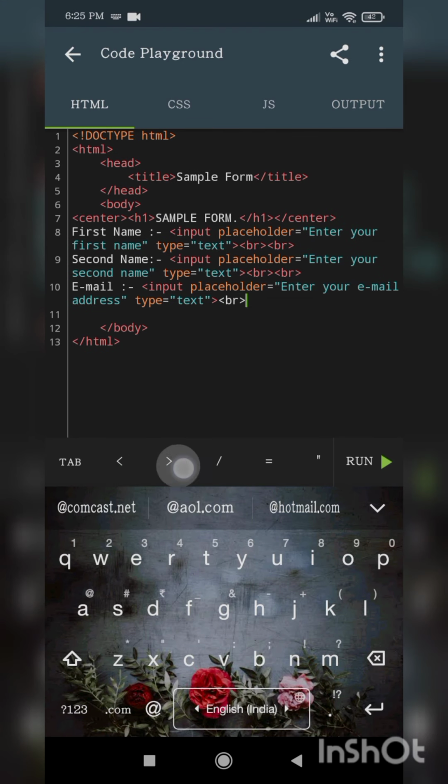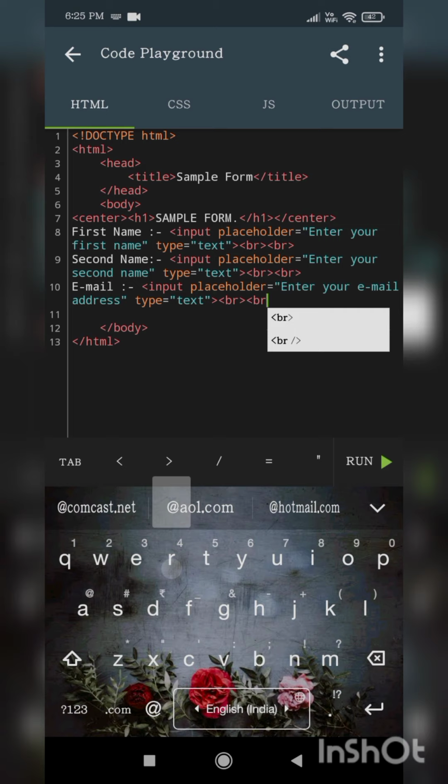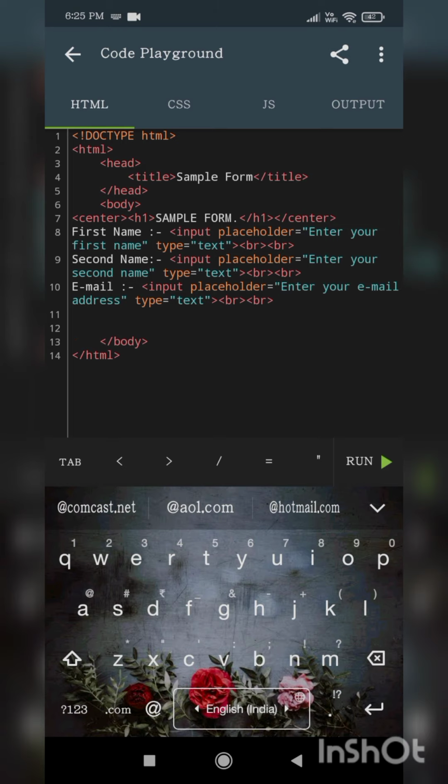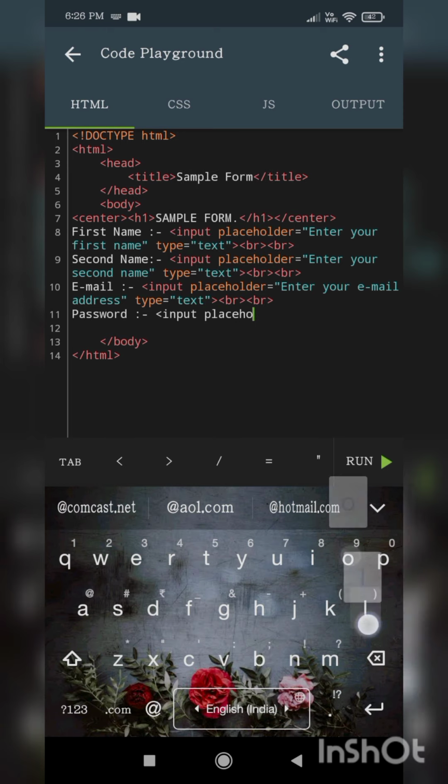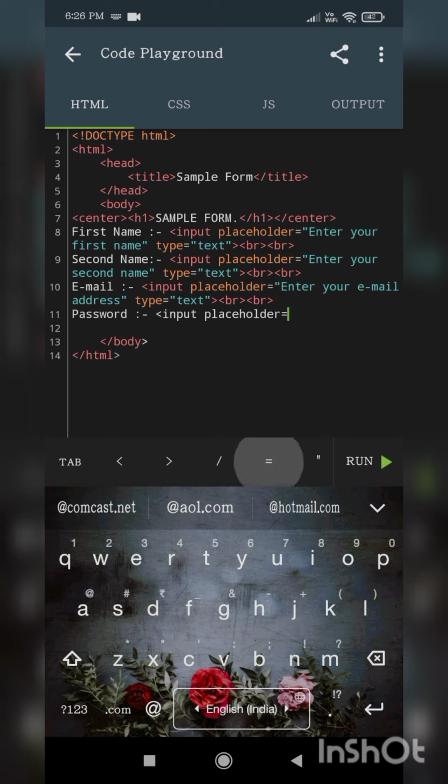And next a break tag. After completion of email, they may also ask you for a password. So write password. Again the input tag, placeholder, keep it as enter your password.